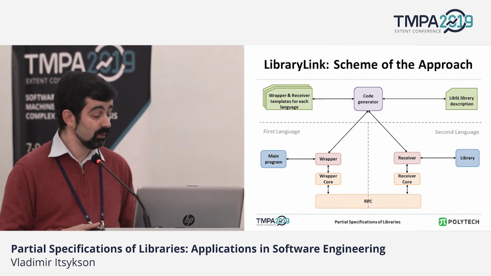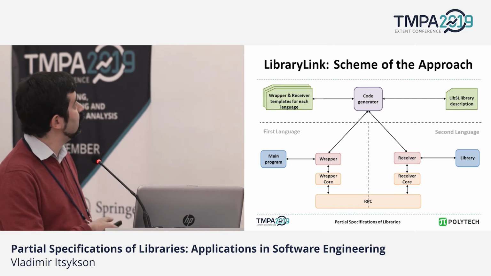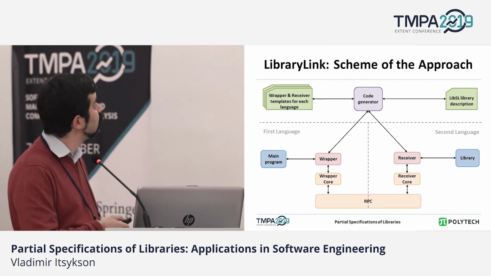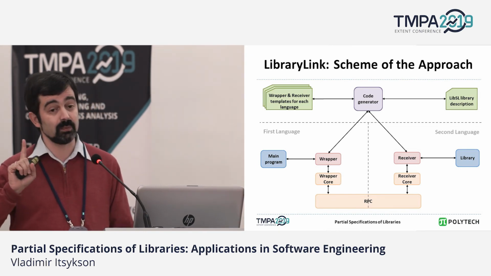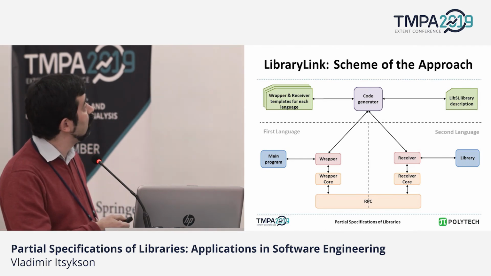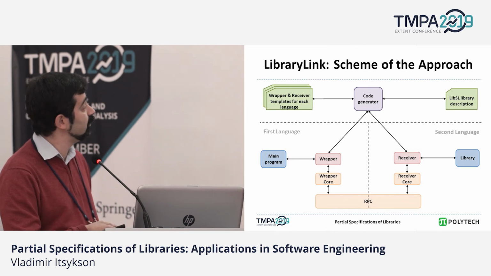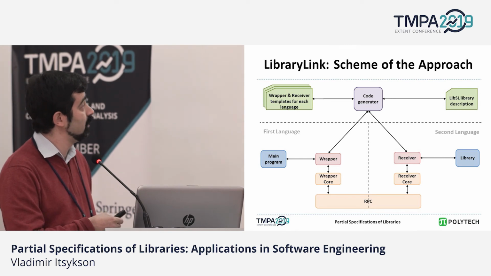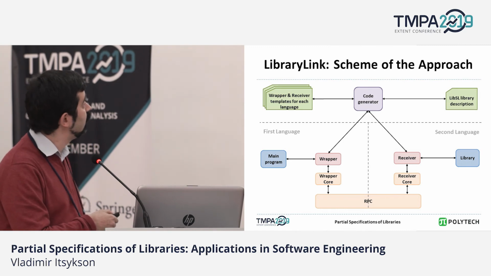The scheme of this approach is depicted on this slide. We have the main program, we have the library, and we have the LibSL description of the library, and we create a wrapper and receiver for each language, not for each library, only for each language. By means of a code generator, we generate the wrapper and receiver to connect the first language and the second language. And by an RPC mechanism, we communicate from the main program